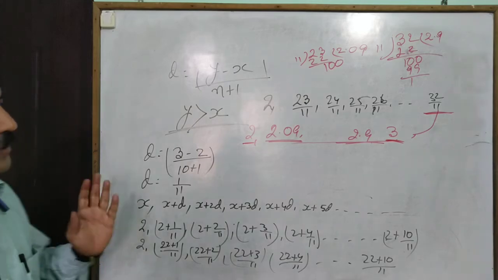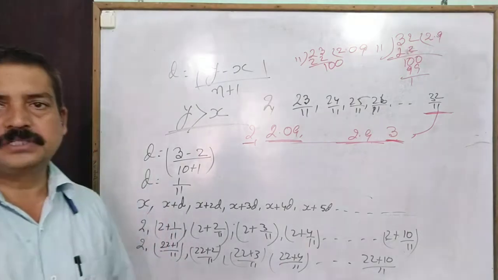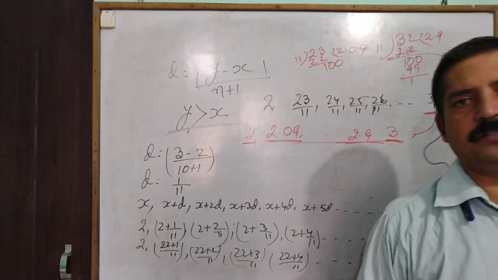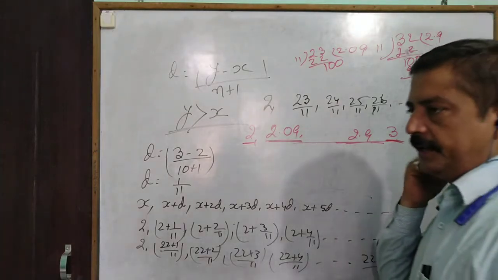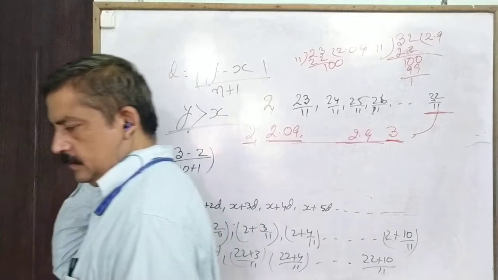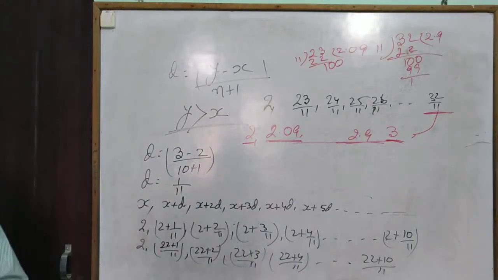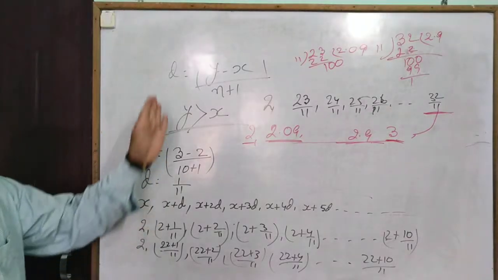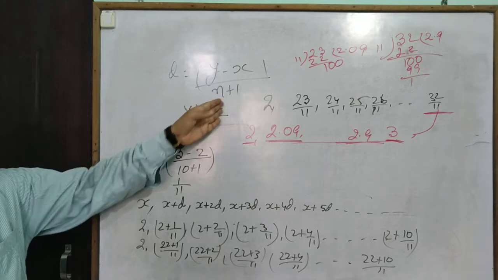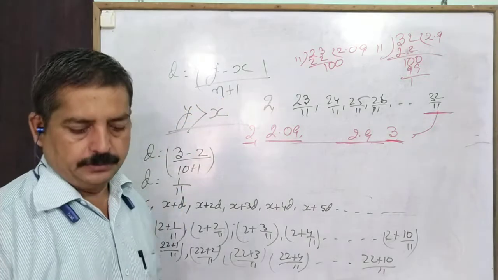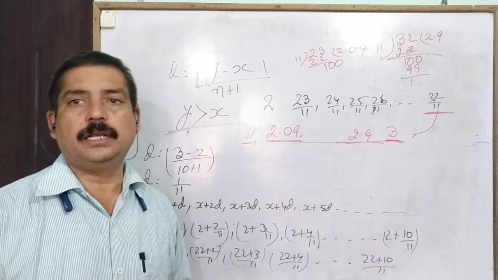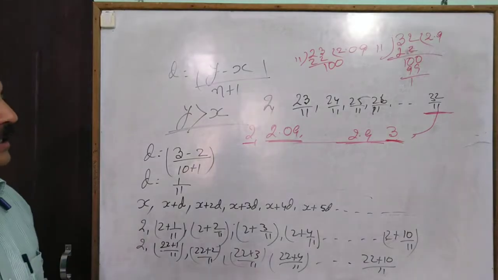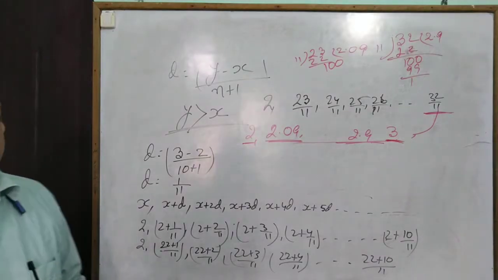So there are three methods for inserting rational numbers between them. First, the find the average method. Second, equating the denominators, which means we equate the denominators. Third, by that method. All methods are used for inserting rational numbers only, not irrational numbers. Those methods are used only for rational numbers lying between them.